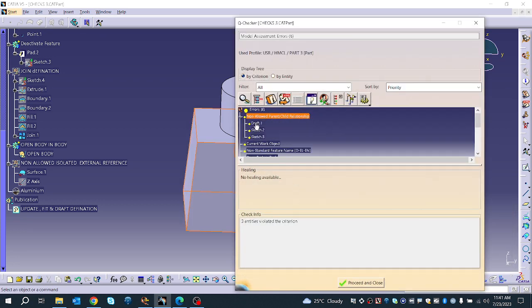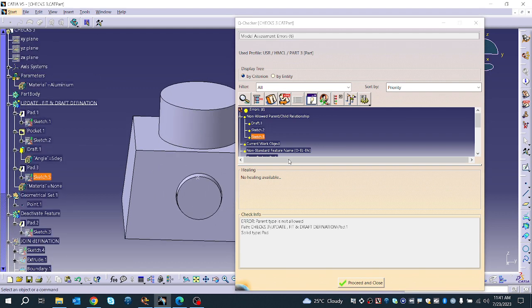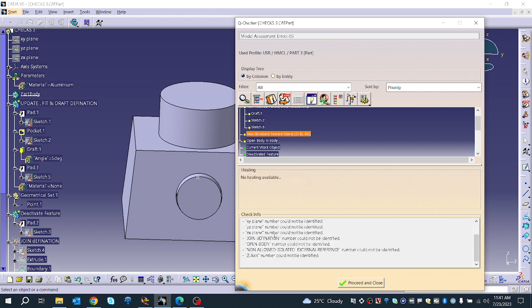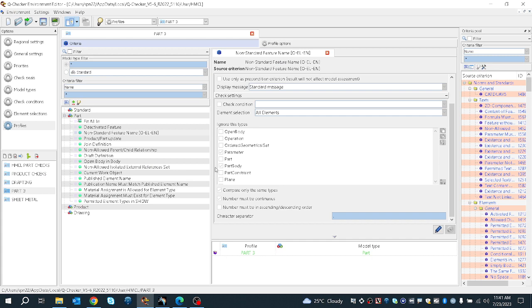Non-allowed child. So the draft, sketch 1 and sketch 2 are placed in this pad, so it is not allowing this condition. Work object, we need to define the work object. Yes, already defined. Then non-standard feature, number could not be identified. So non-standard means your feature which is not allowed. So you can see here